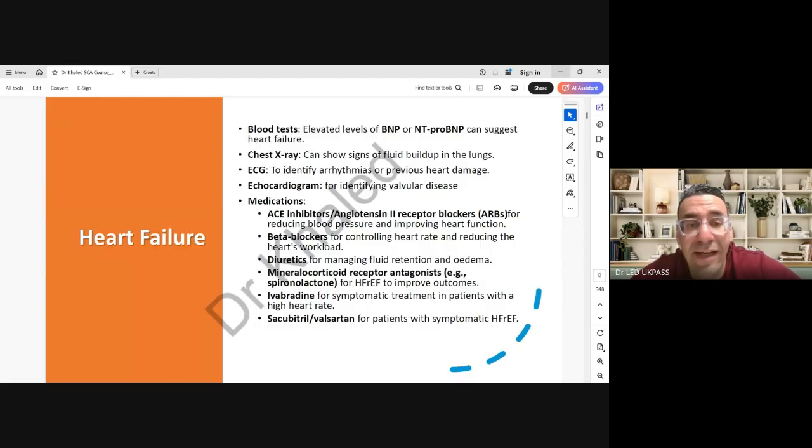If this patient's echo actually comes back unpreserved, then the next step is we can have a discussion with the specialist, but also we can start her on the list of medications that I have listed here, like ACE inhibitors, beta blockers, and diuretics, but also mineralocorticoids, ivabradine and sacubitril. All of these can be specialist medications, but always you need to tell the patient if the echocardiogram came back suggestive that your heart is not, or severely not, pumping blood as it should be, then what we need to do is to start you on a list of medication. Okay, but meanwhile,